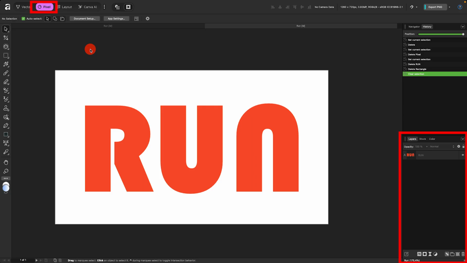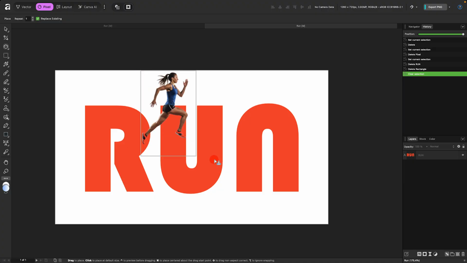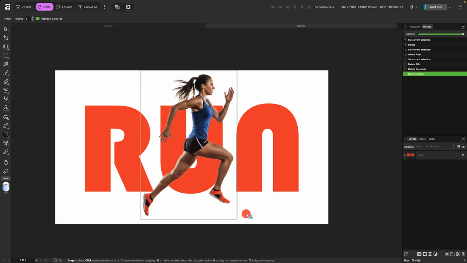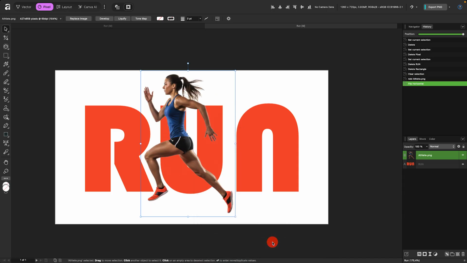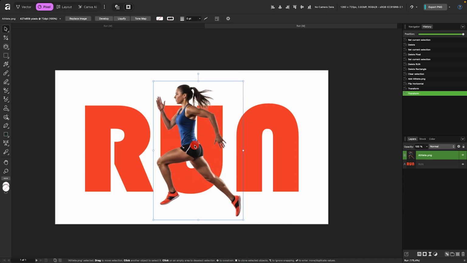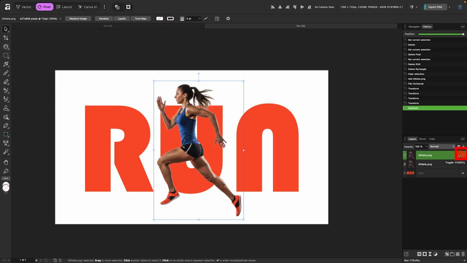Alright, so I have my live text ready on a 1920 by 1080 pixel artboard, and I'm going to go to File, Place, and grab the exercise image. Click and drag to place the image, right-click on it, go to Transform, and flip horizontal. Position the image over the center of the letter U. Use the key command Command or Control J to duplicate the image, and for now, click this eye icon here